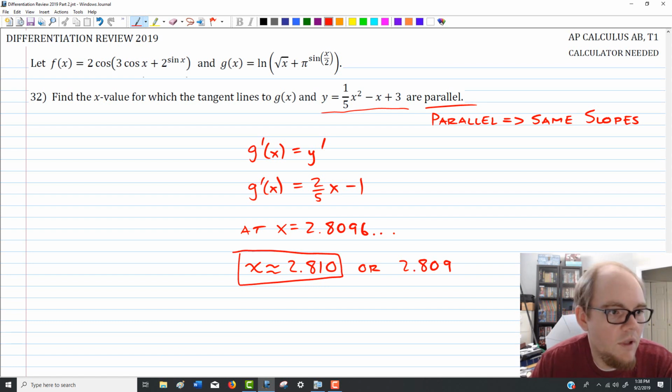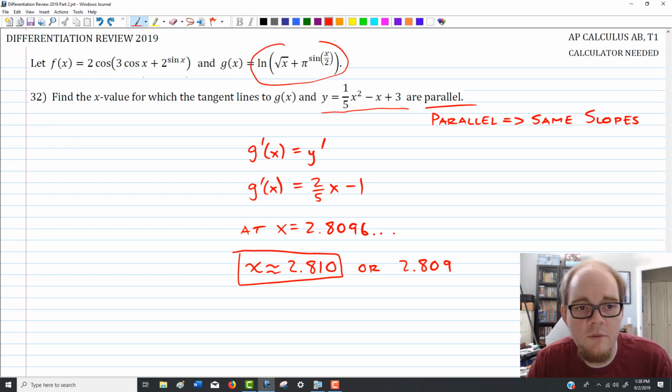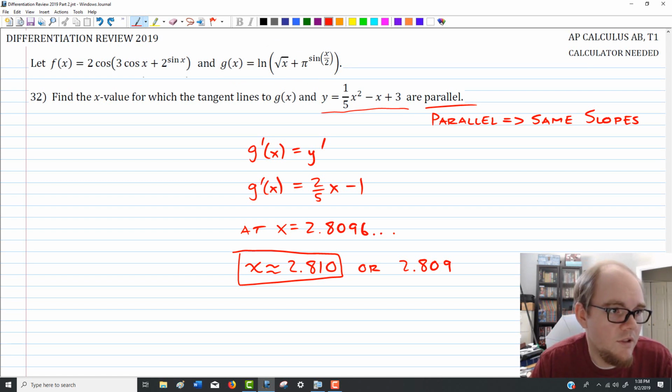And again, this can't be asked on the test because I chose a poor g of x. If I'd given you a complicated function we could differentiate, I totally could ask it this way. I just screwed up this question, so just know, oops. But again, still interesting, and hey, you got to see for free how you could actually graph a function's derivative